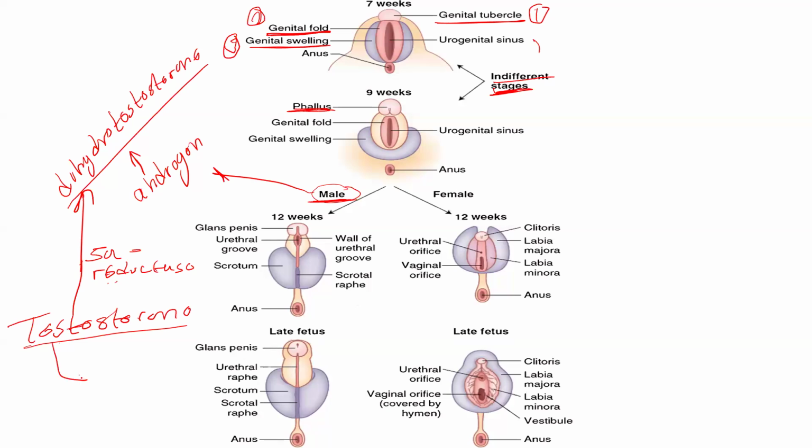Testosterone is the one which encodes for the internal genitalia. So for the development of the internal genitalia, you require testosterone. But for the external, you require dihydrotestosterone. You need to understand that point. Now, I want you to think of a situation where you have a deficiency of this enzyme, 5-alpha reductase is